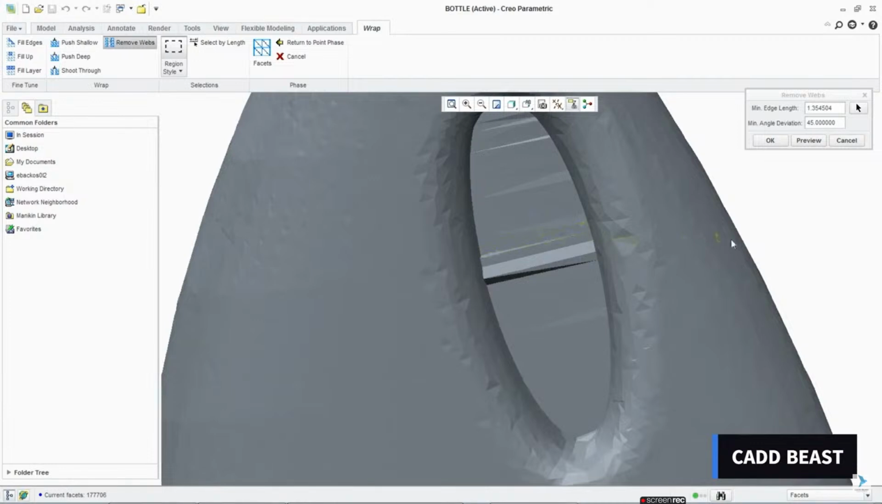We want to enter measurement mode, so we will now click Select 2 points from the Remove Webs dialog box. We will now select the ends of a facet edge. The measurement we just